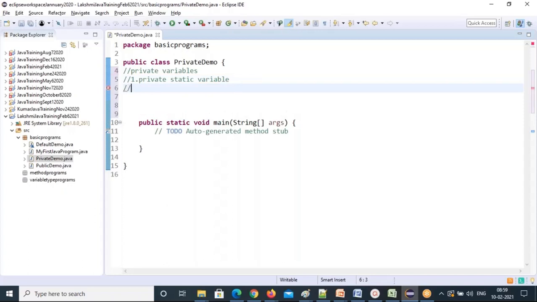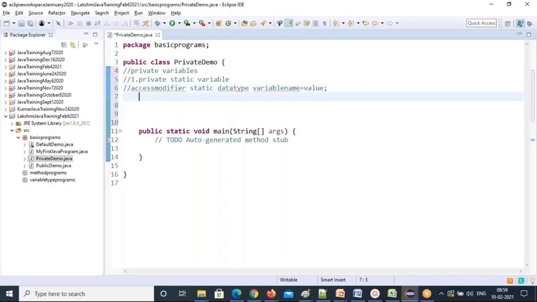So what is the syntax of any static variable? Access modifier, static, data type, variable name equal to value. Now the access modifier we are discussing is private, so give private. Then static. Data type I can take any data type, right?